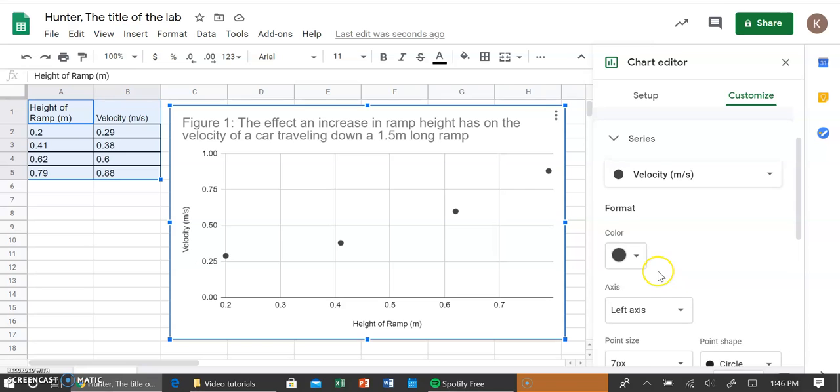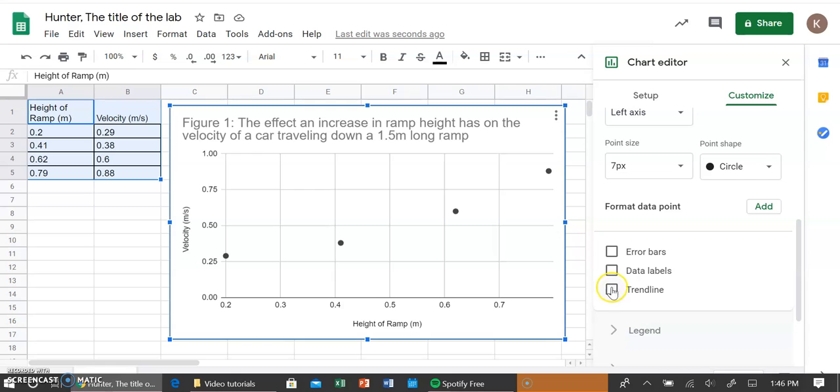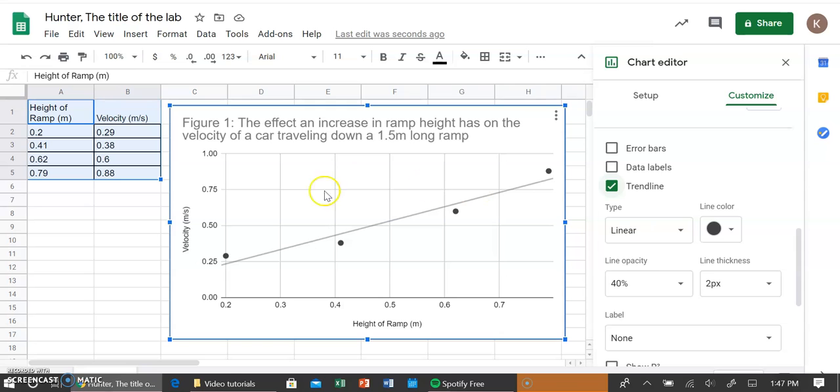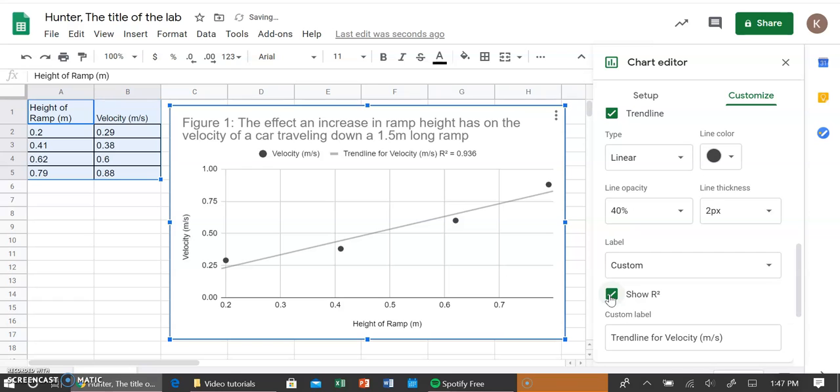The next thing you're going to do under this series drop-down menu is scroll toward the bottom. On a scatter plot like this, we want to have a trend line. The trend line is going to show whether or not there's a strong relationship between your two variables. So if I add my trend line, okay, it draws this little gray line between the dots. Because we want this to be a linear relationship, we want to make sure it's linear. And then we can show the r-squared number, and that's going to give us